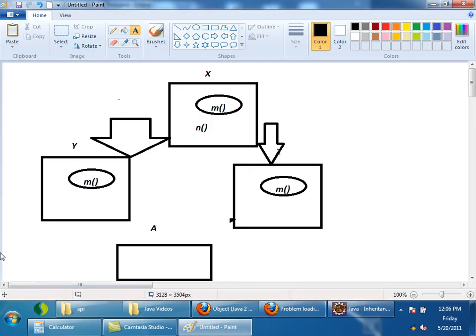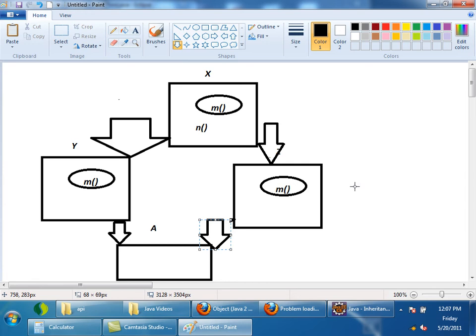See now here. X is having m and n methods. Y is extending x and overriding m, and Z is extending x and overriding m. Now let's assume that class A is inherited from both, from y and also from z. Now the method definition m comes from two places.